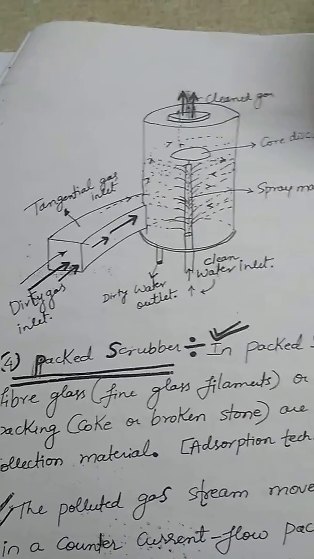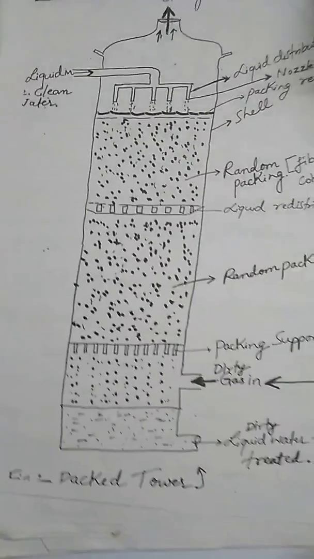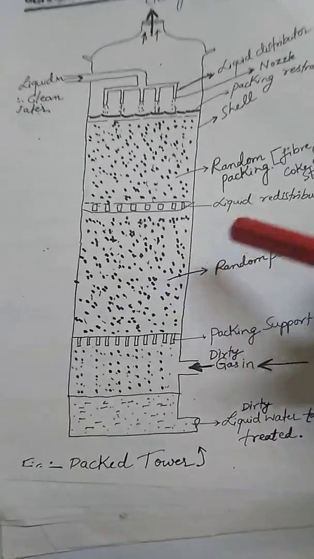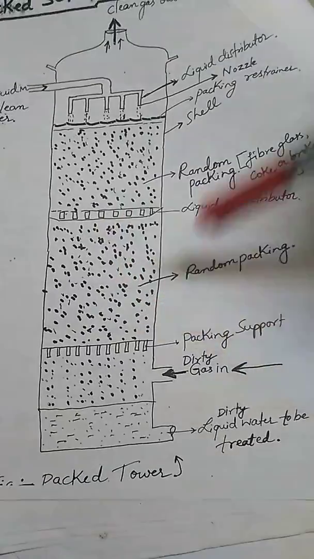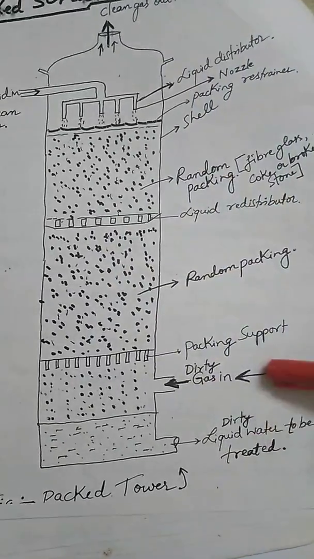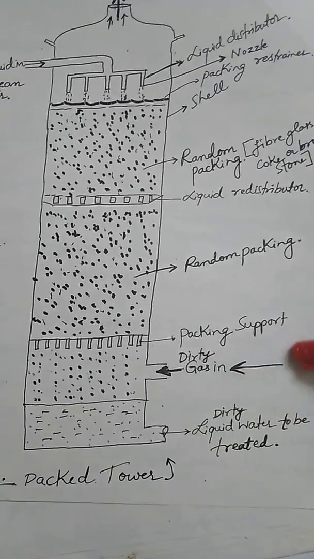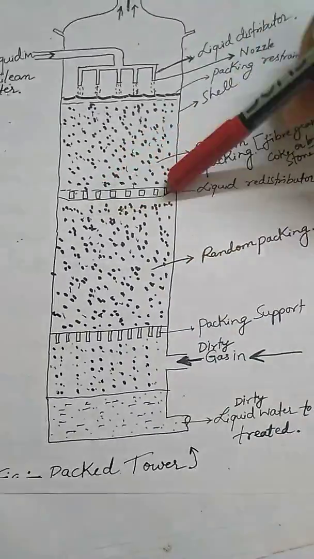Now the next type is the packed scrubber. In the packed scrubber, we are going to use packing material like stone and coke. We are going to have a column of that. Here we are going to have fiberglass or coke or broken stone, and from the downside we are going to pass the dirty gas, and in between we are going to have